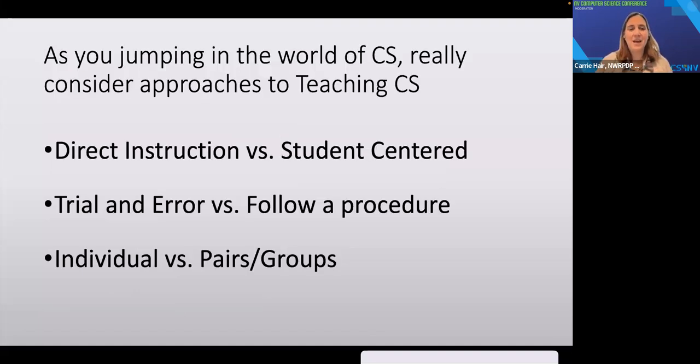And so as I went through that year, I thought of some different approaches to teaching computer science, direct instruction versus student-centered. My class was very much more student-centered, and code.org really kind of pushed it that way. However, there were times when direct instruction was necessary. So what is that balance? You do have to give them some direct instruction. But when should you do that and where should you do that? Should you do that at the beginning of the lesson? Should you grapple with it and do that at the end of the lesson? And that was pretty much what I did. I set them loose, let them try stuff.